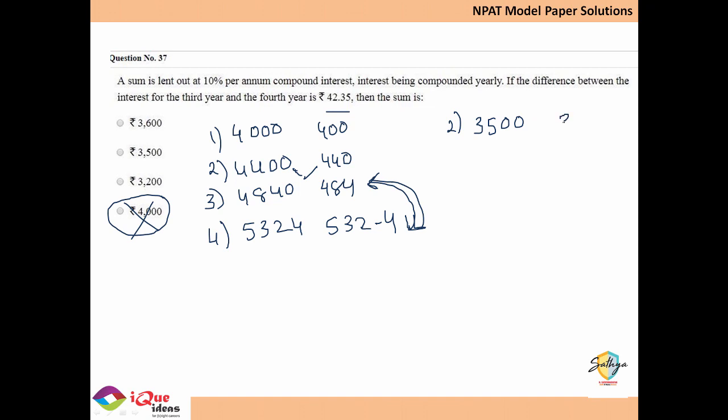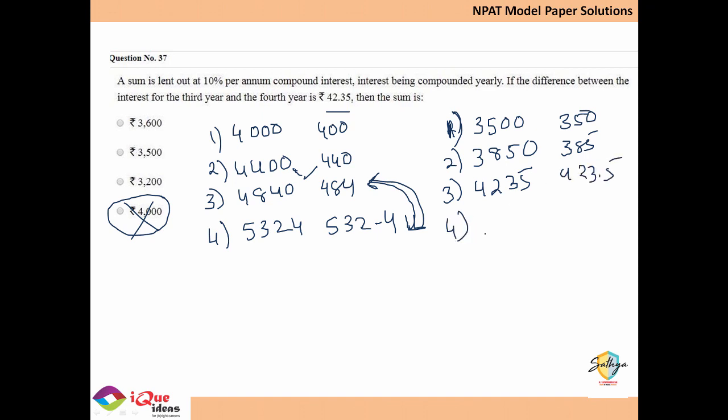So 10% of this is 350. So for the first year, 350, add it to the principal, 3850, 10% interest 385, add it to the principal and get for the third year 4235 and the interest 423.5. For the fourth year again add it to the principal, 4658.5, 10% of this